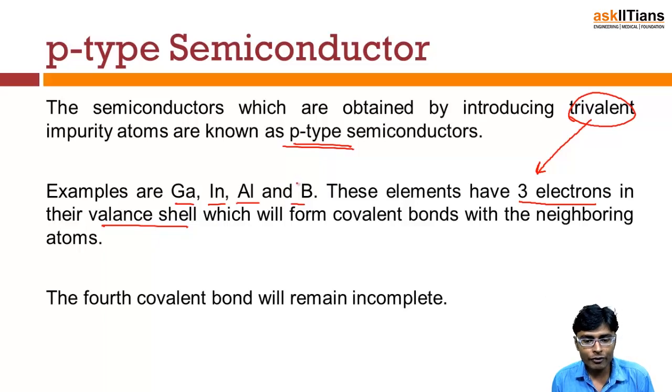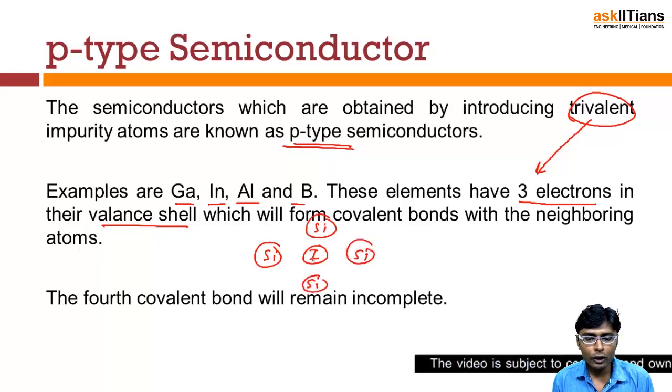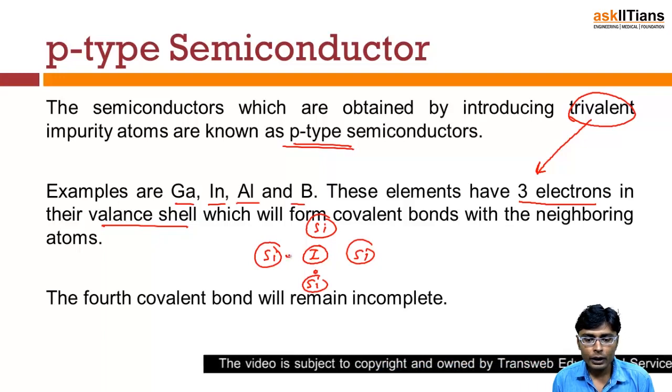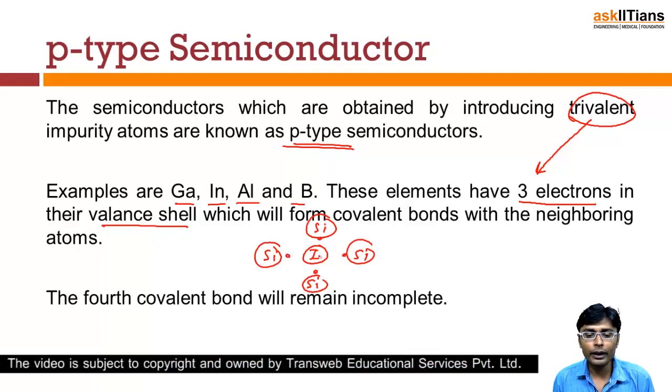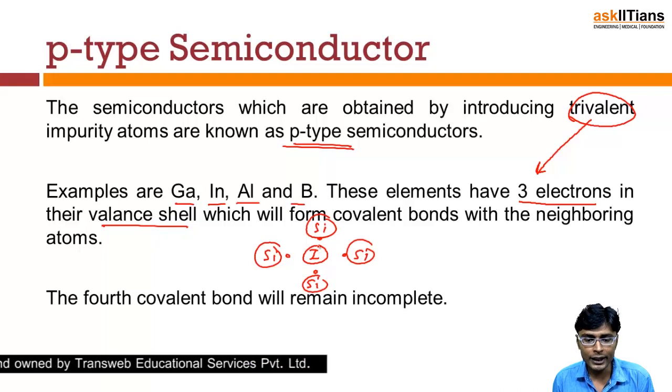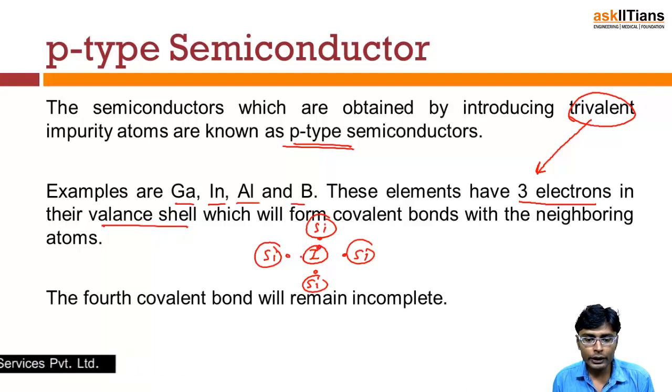Let's suppose this is an impurity, and silicon is on its neighboring node. Now this silicon has its electrons, and the impurity has only 3 valence electrons. So there will be a formation of 3 covalent bonds, but there will be a vacant place left here,